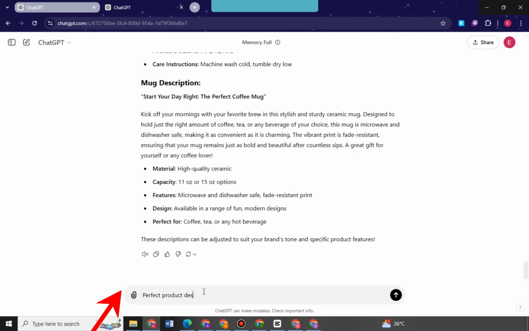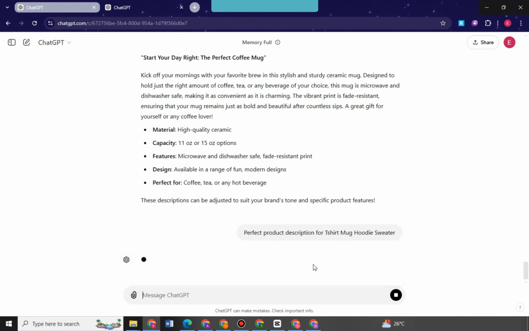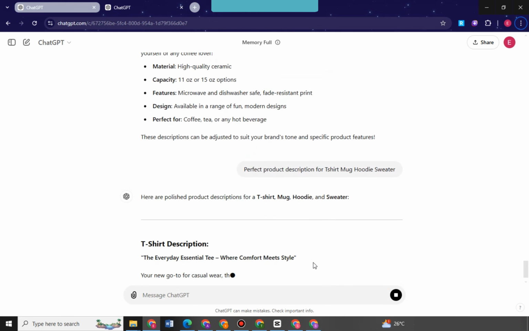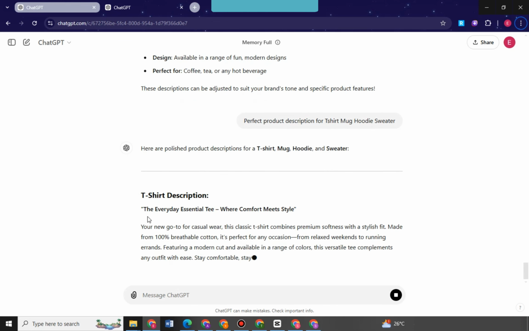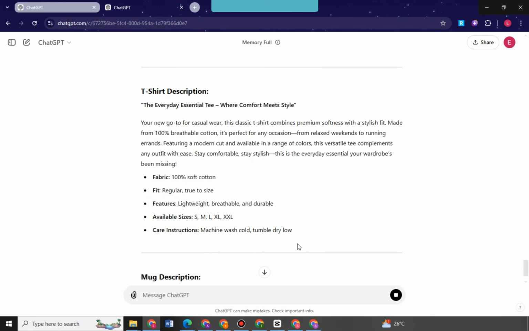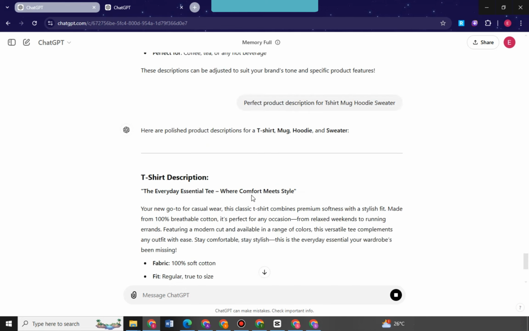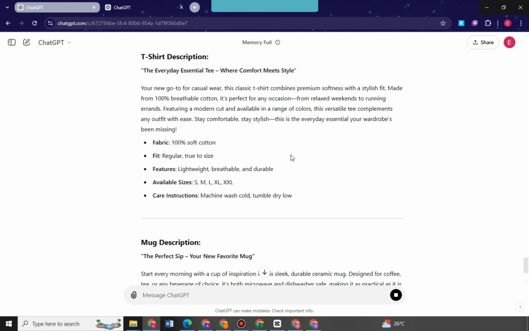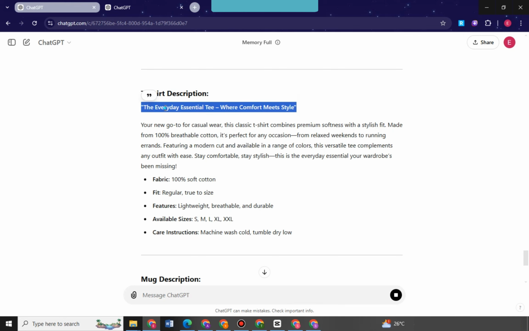So let's just say you are not satisfied with the first result, you can ask for more. Let's just say perfect description for mug business or mug products or shirt products, and then tap this arrow up to generate. And feel free to get some ideas from ChatGPT, or it's up to you if you want to copy all of this, then you can copy this description. So all you have to do is to simply copy or rephrase this one